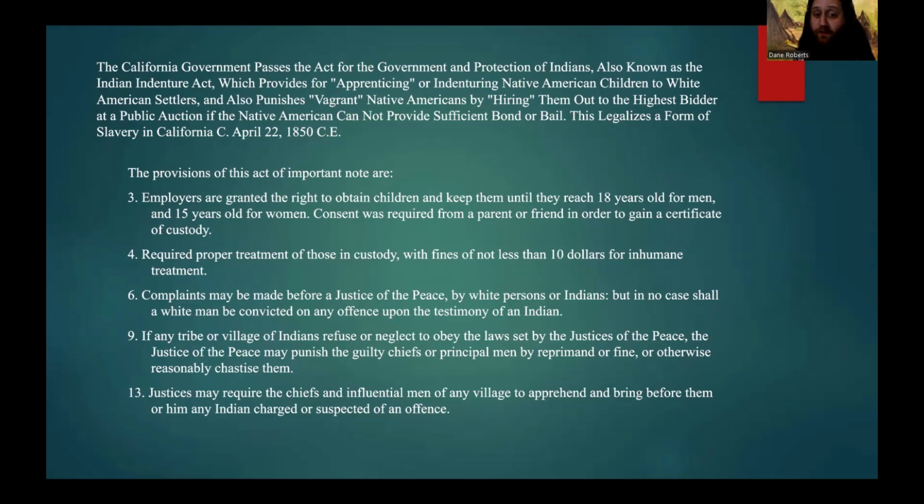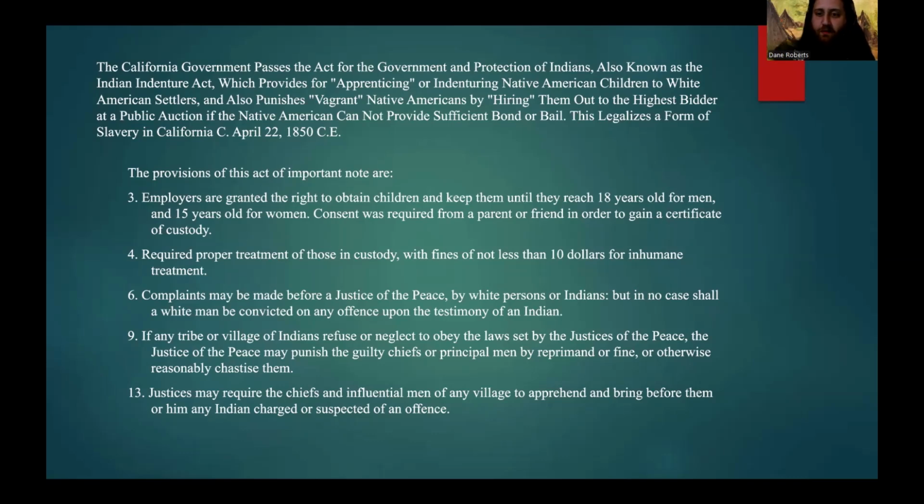Consent was supposedly required from a parent or a friend in order to gain a certificate of custody. Of course, this was not always the case. Provision 4 required proper treatment of those in custody with fines of not less than $10 for inhumane treatment. Again, not always enforced. Provision 6 stated that complaints may be made before justice of the peace by white persons